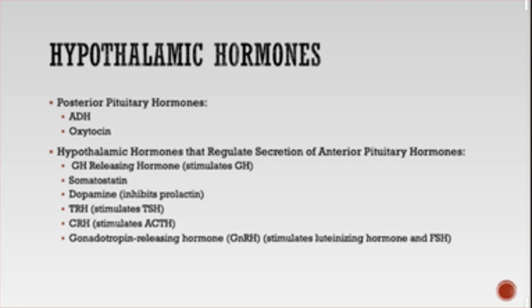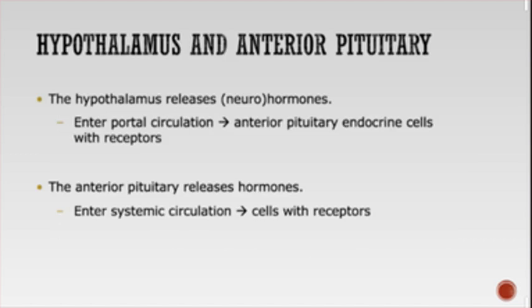So basically, again, the hypothalamic hormones are going to go either to the posterior pituitary or to the anterior pituitary, and they are going to stimulate the pituitary to release another hormone. So just to recap, the hypothalamus releases neurohormones. These are going to enter portal circulation, travel